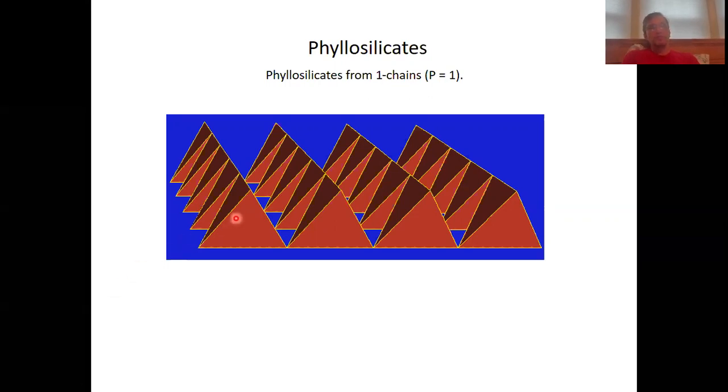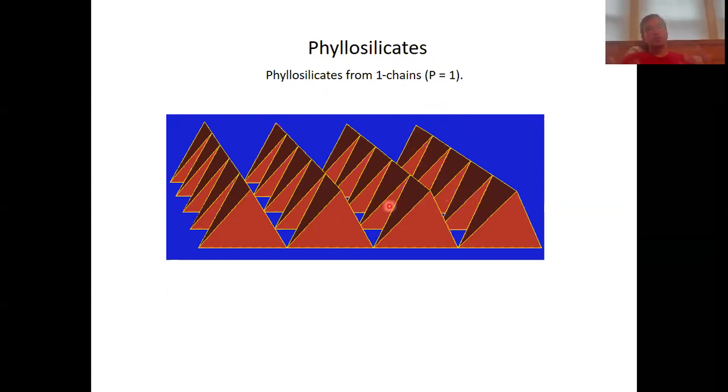Okay, so here you have one such one chain. That means the periodicity in this chain is 1. That means that each of these tetrahedra, when translated in the direction of the chain, will superimpose the next tetrahedron in the chain. Okay, and then we just fuse these chains together, so you can see here, to form sheets,